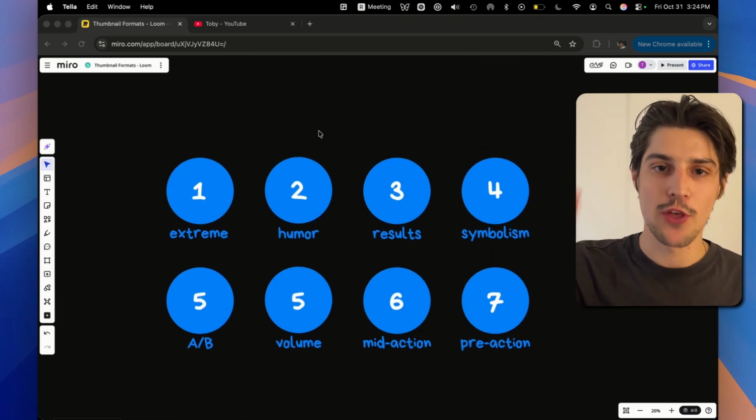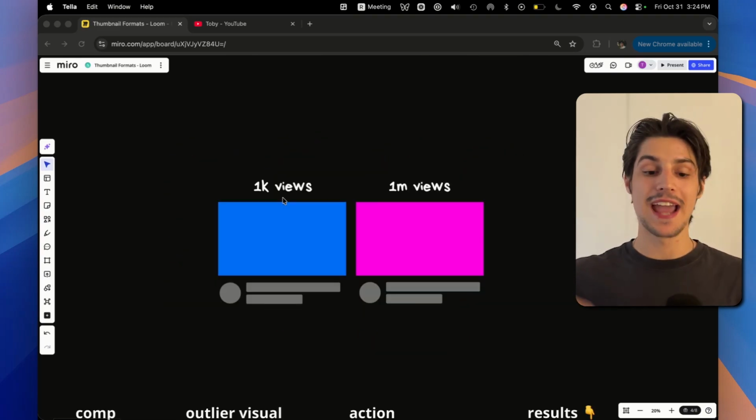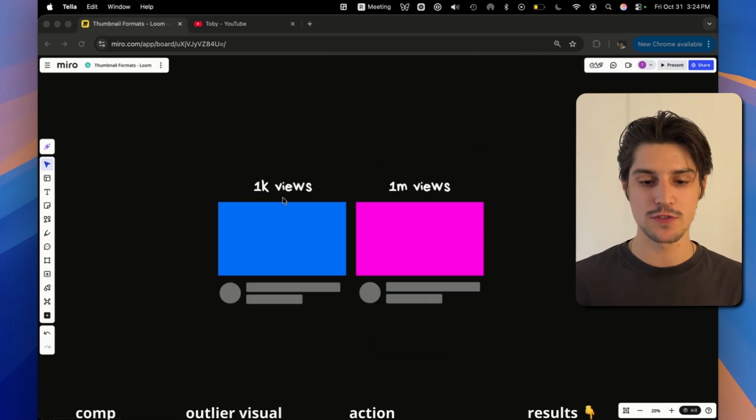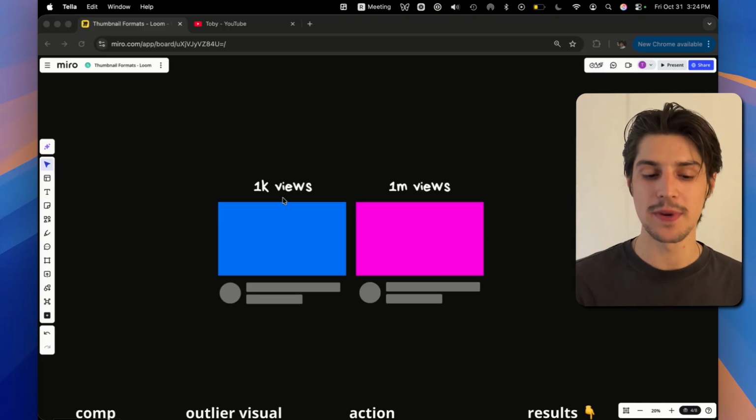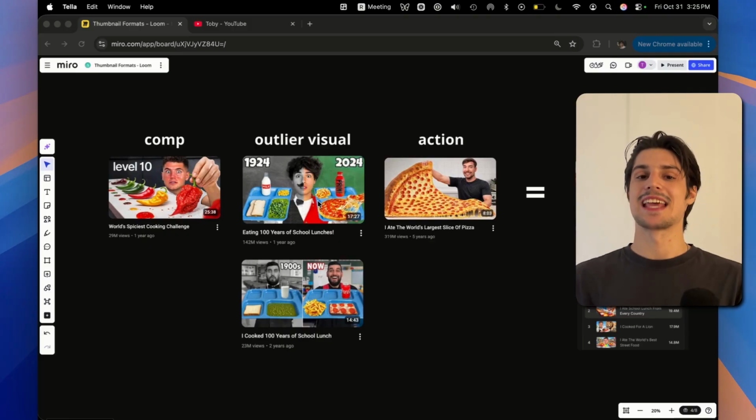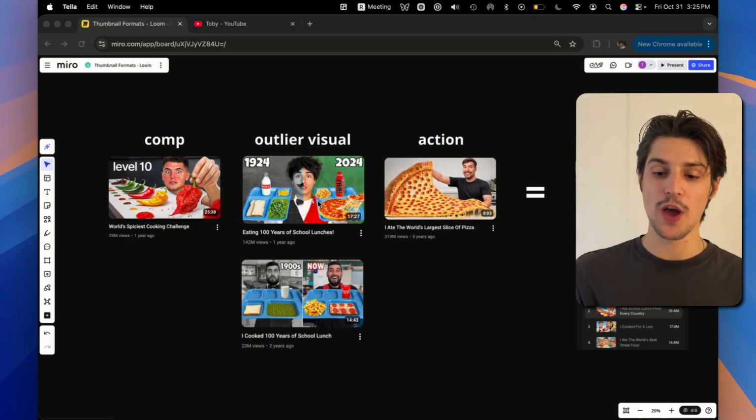This is every single thumbnail format on YouTube explained. The reality is that the difference between your video getting 1,000 views and 1,000,000 views is the thumbnail. So you want to come up with a thumbnail that works. And one of the best ways to do that is to play into common thumbnail formats that have worked in the past. Here's an example of this, where me and the team helped come up with a thumbnail for Nick